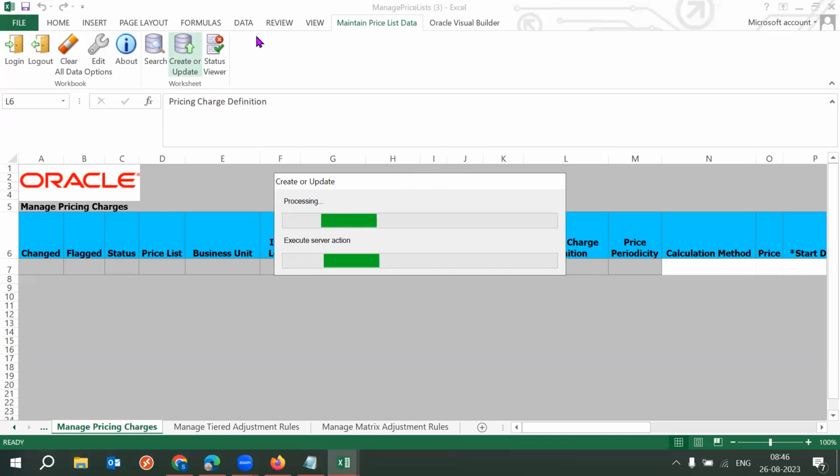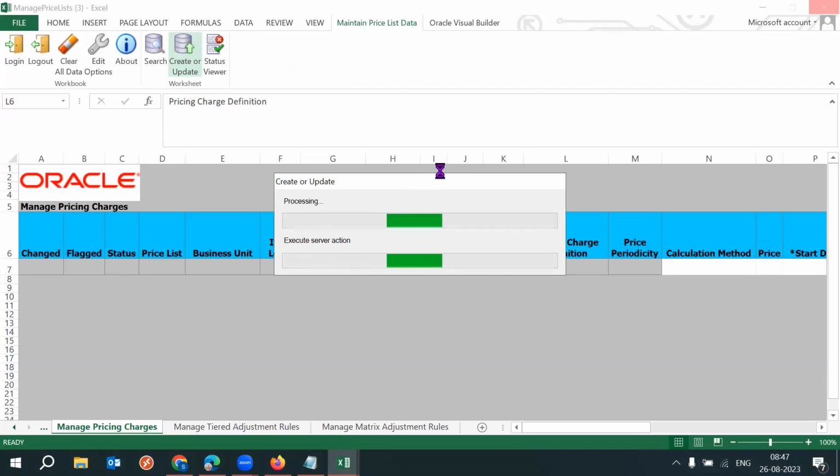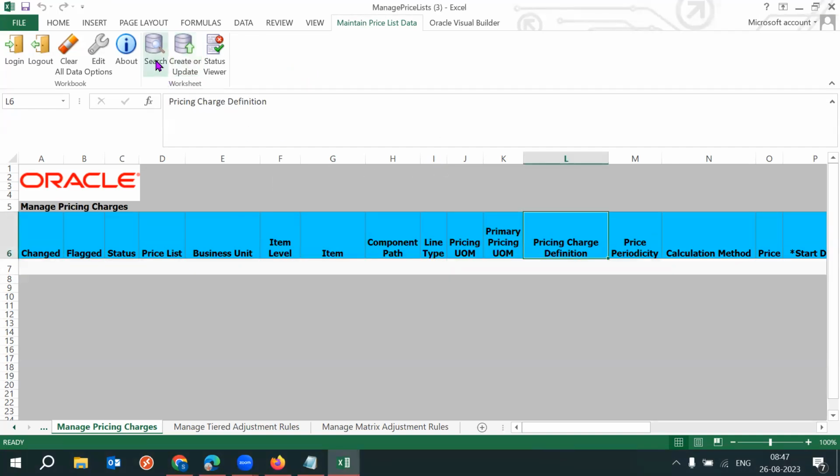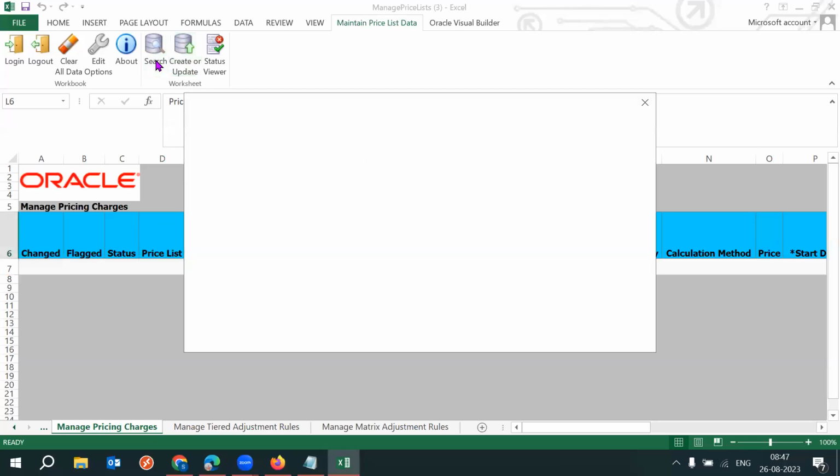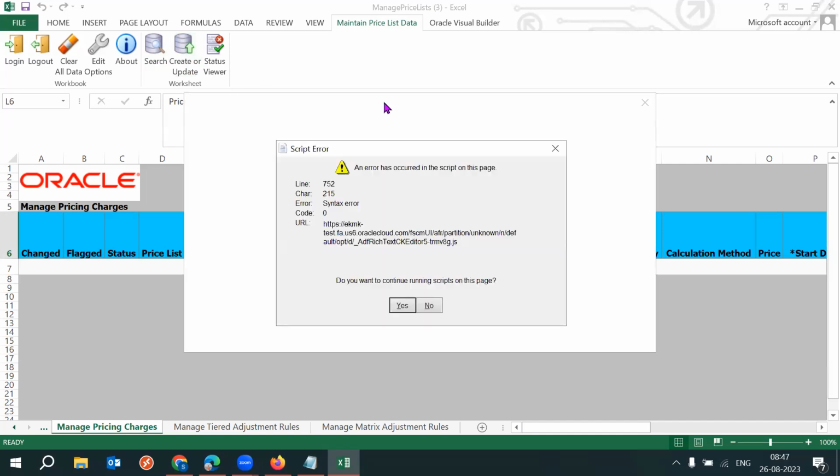I'm sorry, that's not right. I should click on the search actually. I clicked on the wrong button. Okay, I'm clicking on the search. When you click on the search, it will ask you what you want to fetch. You want to fetch all the price list that falls under a BU, or